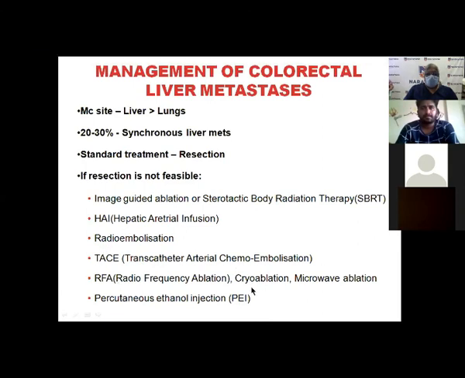If there are very minimal, peripherally approachable lesions, you can at the same time ablate using radiofrequency ablation, cryoablation, microwave ablation, or percutaneous ethanol injection, or do it intraoperatively. Even in minimally invasive surgery, they have all these probes for approachable areas of the liver. The lesion should be peripheral, less than 3 centimeters in diameter, and not more than 5 in a lobe. All these are indications for local therapy.